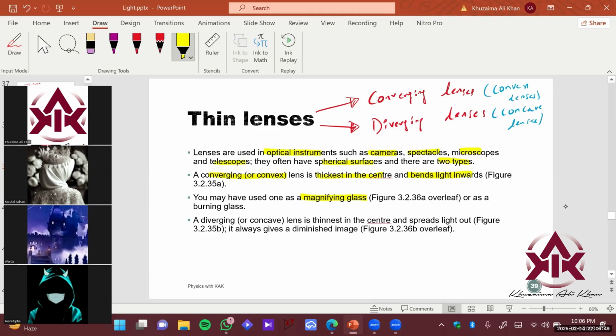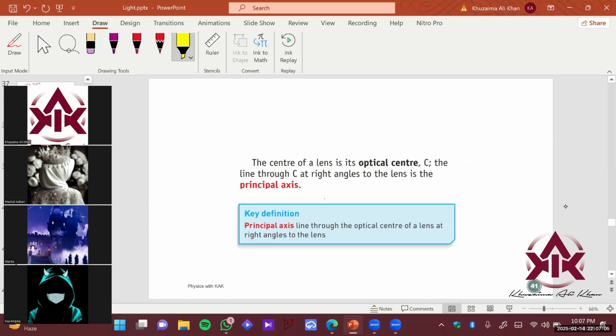Okay. A diverging lens, or concave lens, is thinner at the center and thicker at the edges. And it spreads the light out. It disperses the light out, and it always gives a diminished image, right? Which we can see here, right? Okay, so what do we have for the optical center? Optical center is basically the center of the lens. It is called C, and the line through C at right angles to the lens is called the principal axis, right? So if you basically see this,